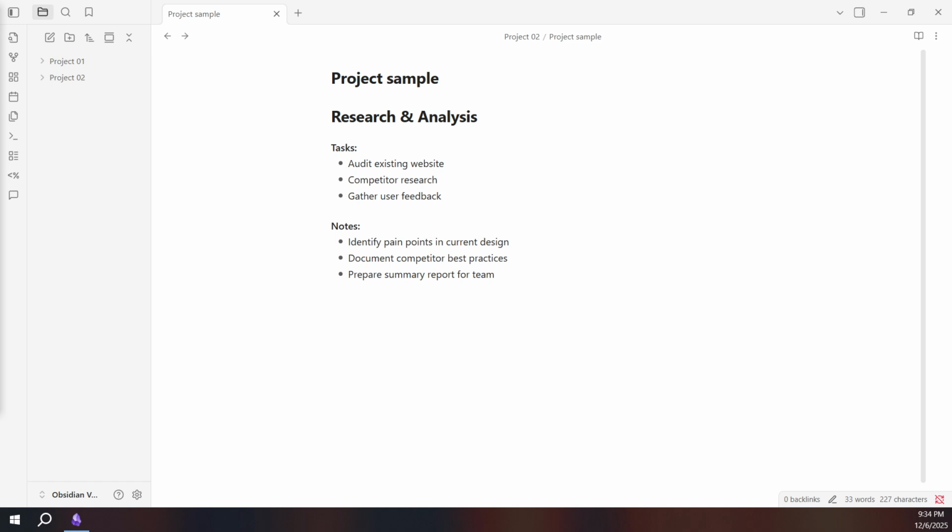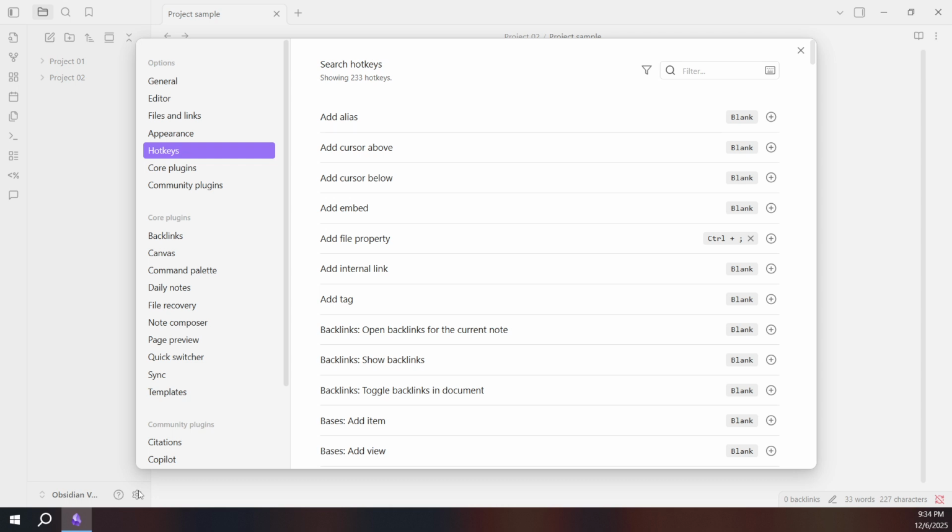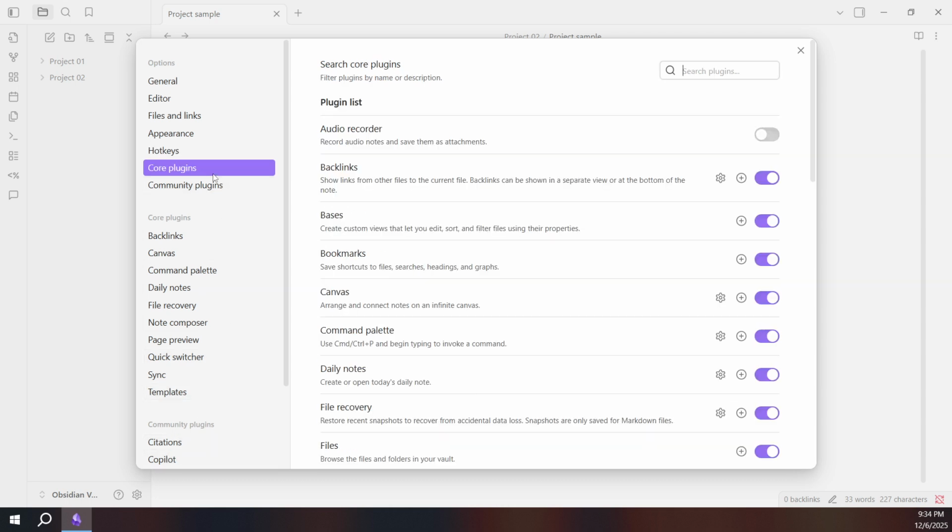Start by opening Obsidian. Once you're in your vault, head to Settings, which you'll find at the bottom left of the app. In Settings, choose Core Plugins. This is where Obsidian's built-in features live. Look for Canvas in the list and make sure it's enabled. If the toggle is off, switch it on. When Canvas is enabled, Obsidian adds the Canvas file type and related commands, which you'll use to create and work